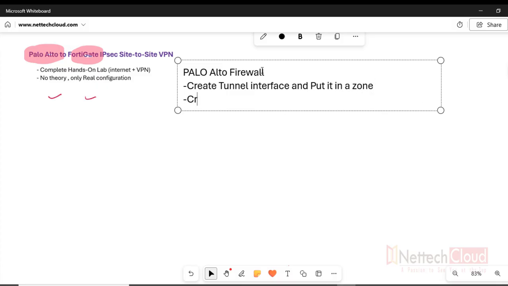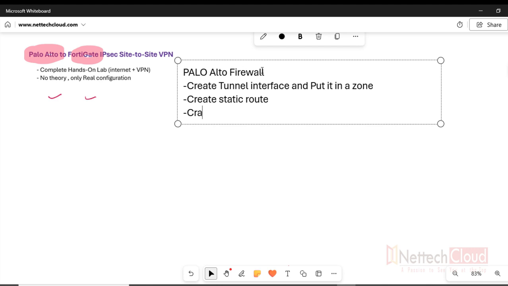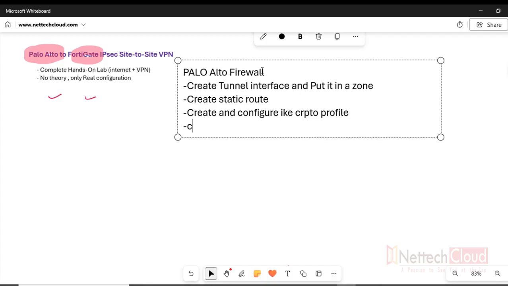Best practice. Create a static route, as it is a route based VPN. Then create and configure the IKE crypto, your phase 1 crypto profile,